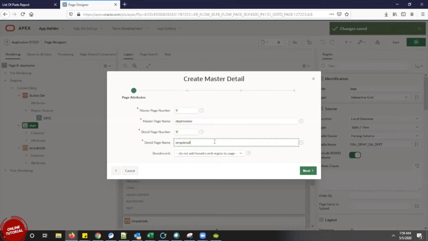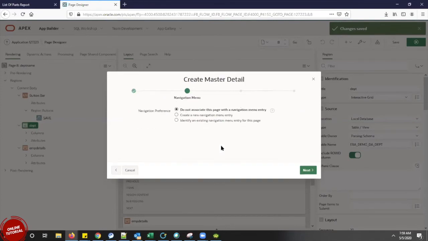So if we could create from the inbuilt, we should have a functionality where I can give two detail page numbers. Means 11 would be my detail page and 12 also could be my detail page. But I don't have the facility here to have one master and two details. I will show you how that is possible after creating a table.